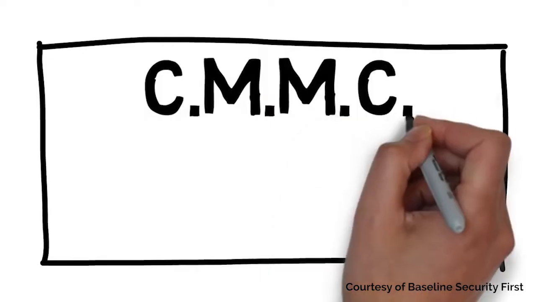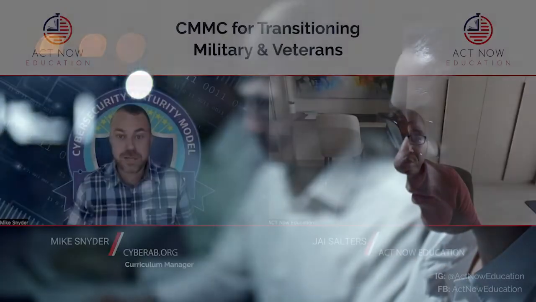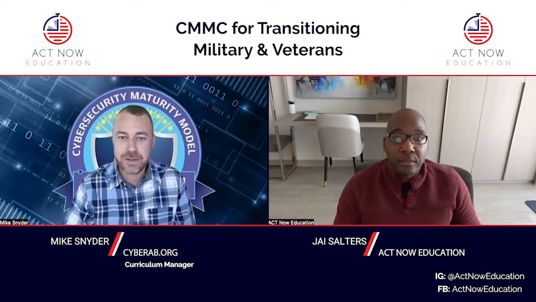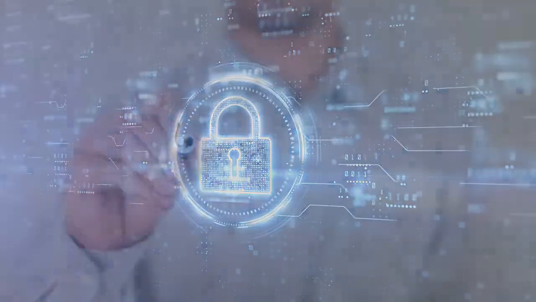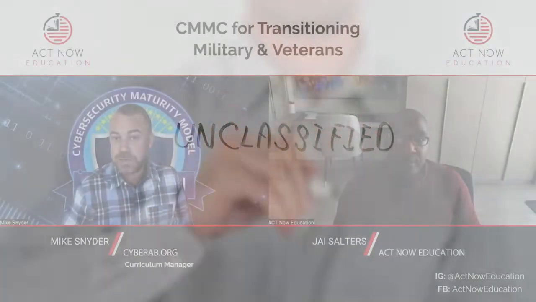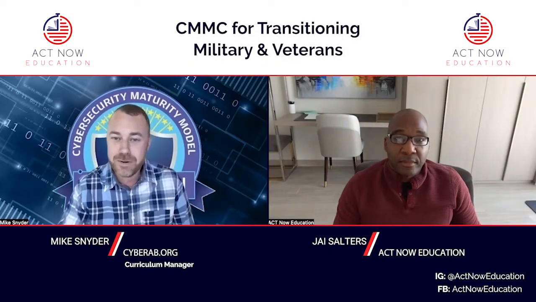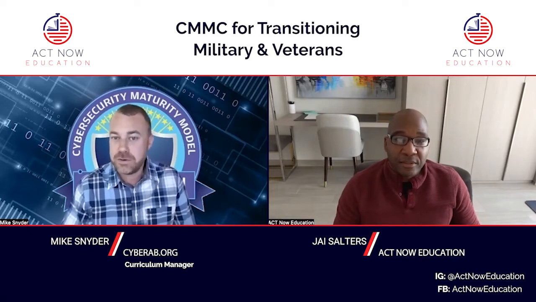Yeah, Jay. So CMMC, the Cybersecurity Maturity Model Certification Program, was developed to enhance the cybersecurity protection standards for companies within the defense industrial base. DIB is what we refer to them as within the DoD and within the community of assessors. CMMC is designed to protect sensitive information that's unclassified. That's the key here: unclassified information, also referred to as FCI and CUI. That's federal contract information and controlled unclassified information, CUI, that's shared by the DoD with those contractors and subcontractors within the DIB.